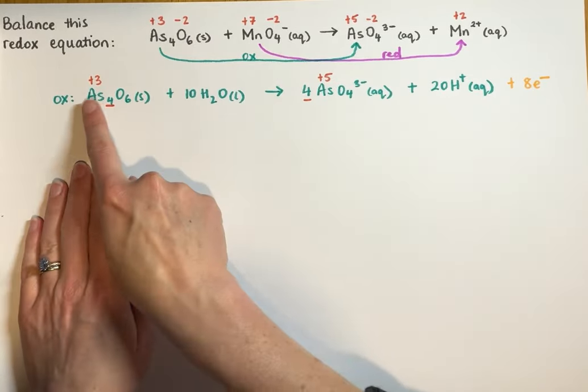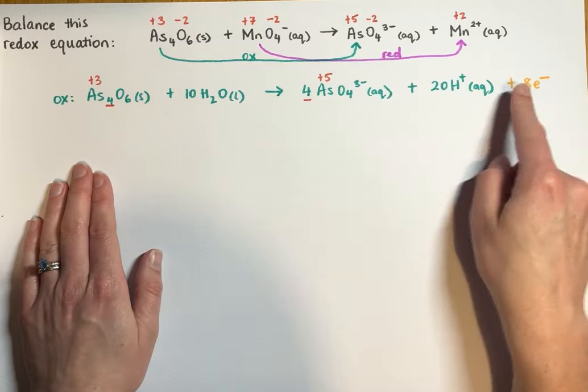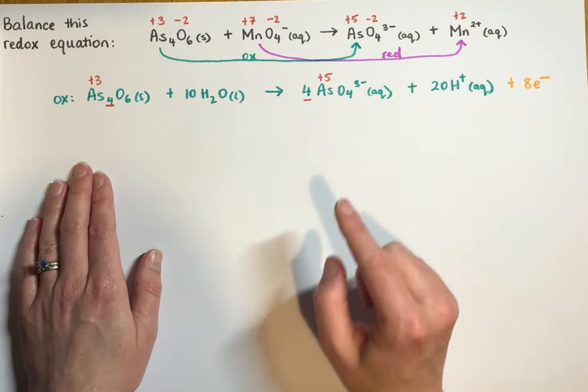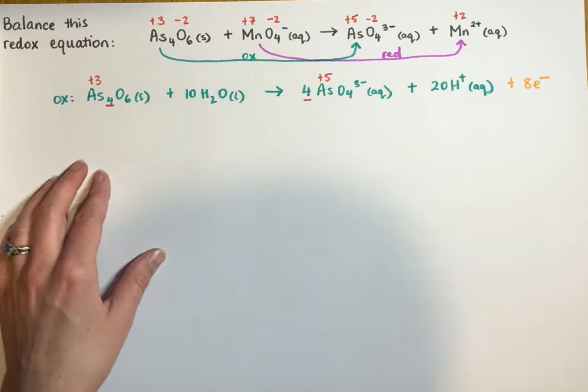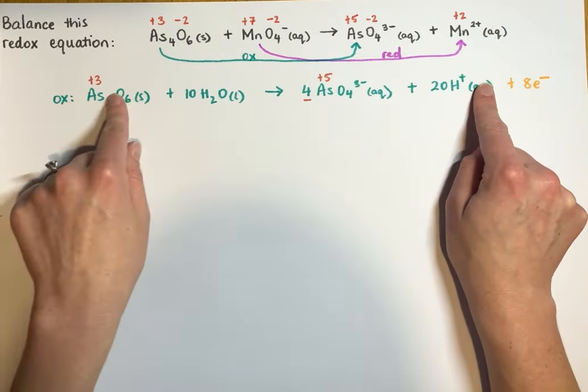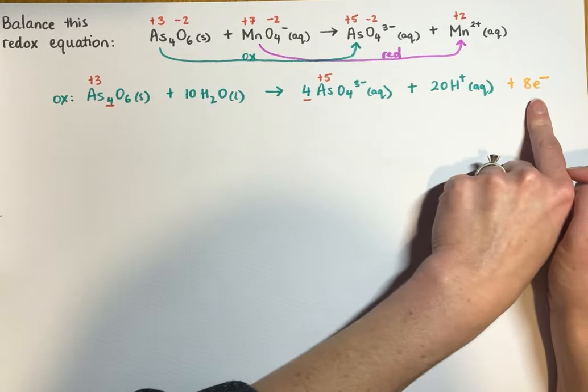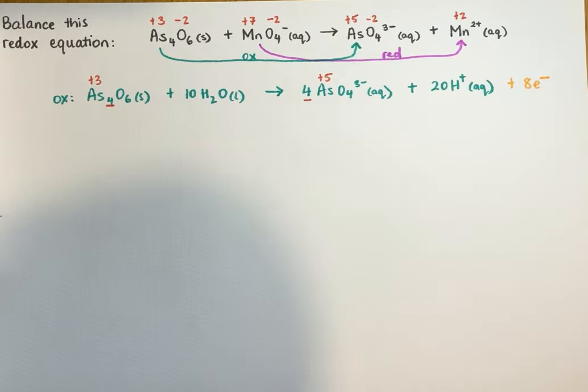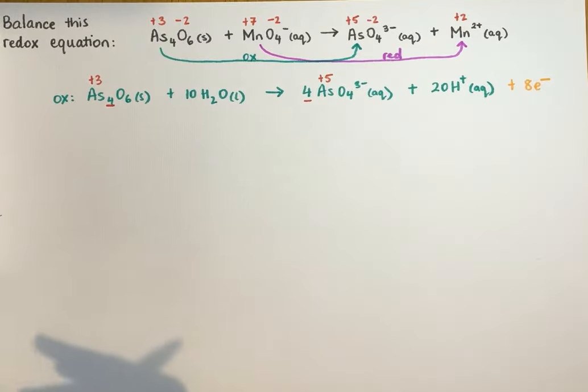So this is called a half equation, where we're only looking at half the picture of the redox. So just oxidation and reduction separately. So this now is balanced for the chemical species that we have here, and we've identified the electrons that we're dealing with. So the reduction equation,